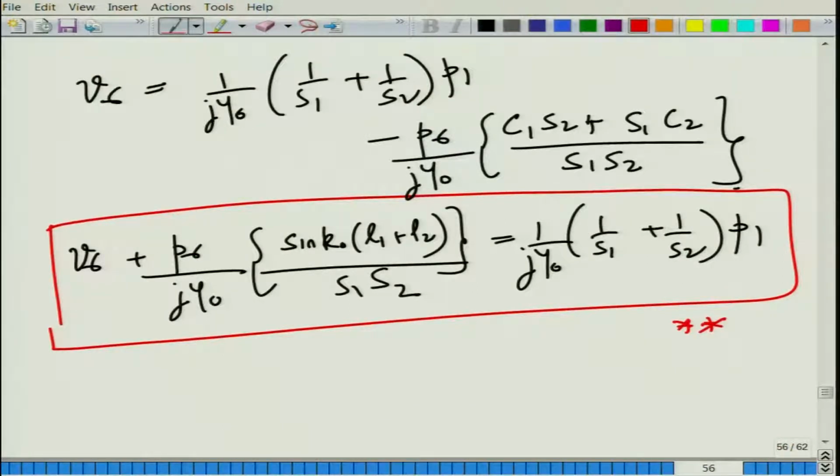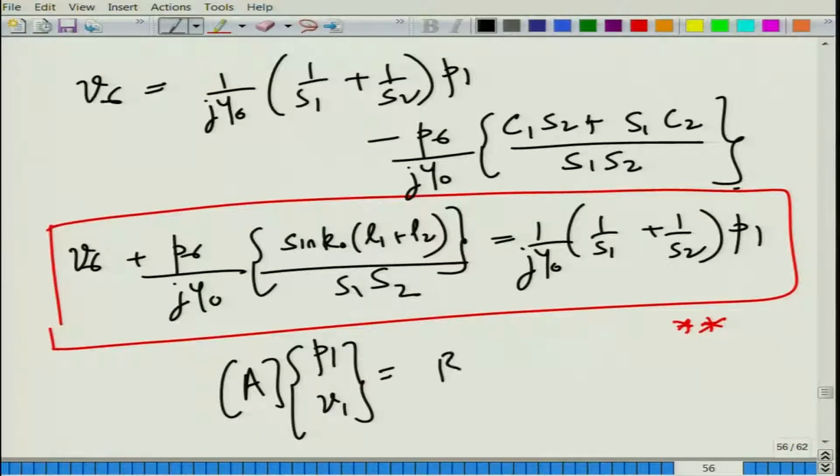So, we can write it in the form I was mentioning: A matrix times [P1, V1] is equal to B matrix times [P6, V6]. Based on our convenience, we can do A inverse B to get the total or overall transfer matrix from upstream to downstream. Or, if we want to explicitly relate downstream variables in terms of upstream variables, we can do B inverse A, that is the inverse of the transfer matrix. What I suggest is that we quickly go to Maple, because this is going to be algebraically a bit tedious.